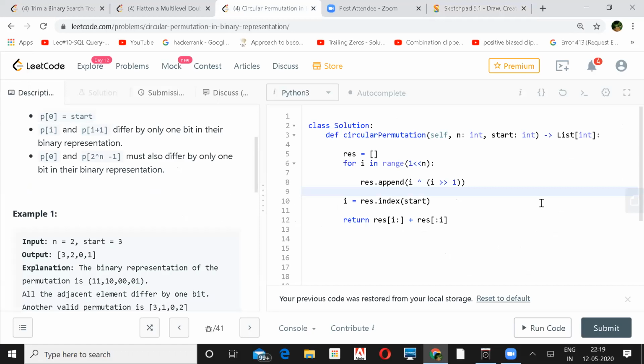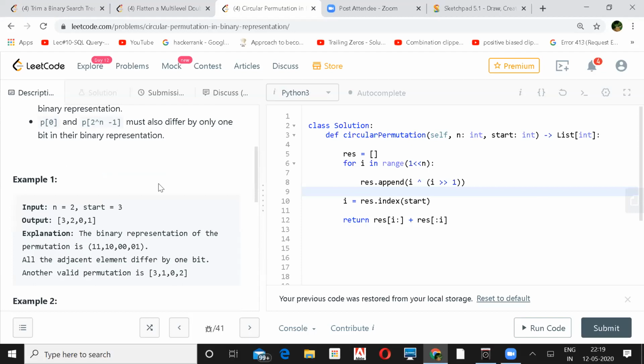I was thinking of one algorithm that since the start is already given, we can find the binary representation of that, and we can take a set and we will add this value into the set. Then again we will add 1 to that binary representation. Whatever decimal representation comes, we will check if it is in set. If it is not in set, then we will insert it. Otherwise, we will try to mask every bit and check if it is not in the set, then we will start from that point. Can it be done that way?